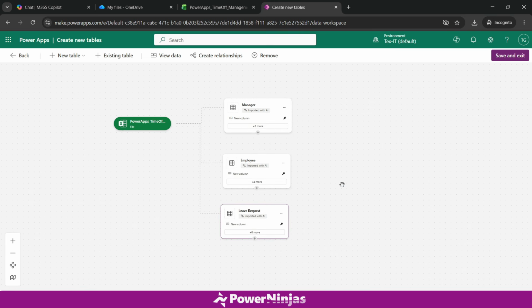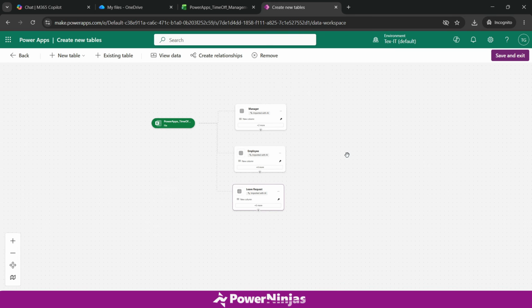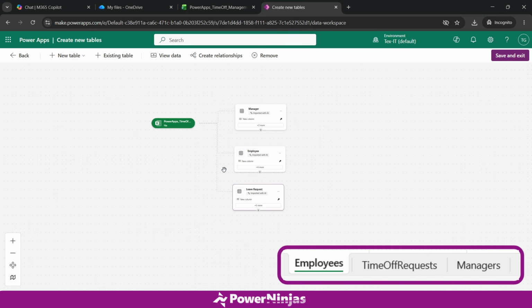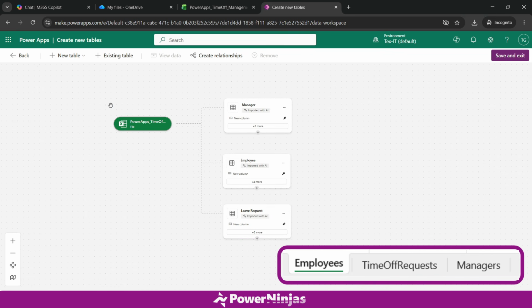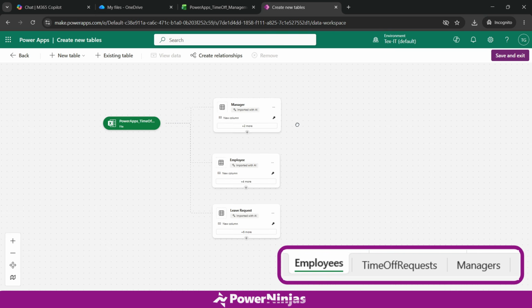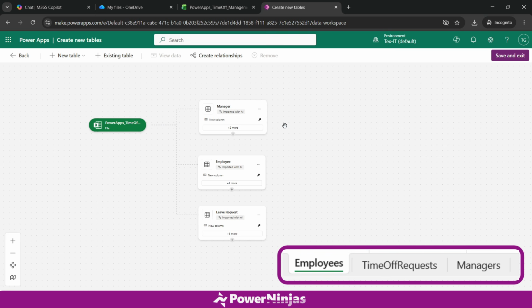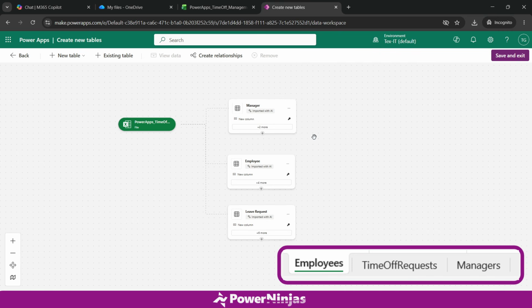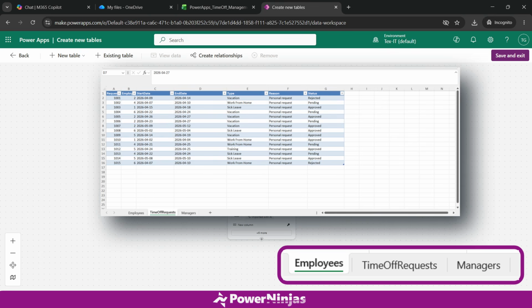And this is the screen you'll end up on. So what we're looking at here is basically the structure of our future application. On the left, we have the Excel file itself. And on the right, Power Apps has already started converting the Excel sheets into Dataverse tables. In our case, we now have separate tables for managers, employees, and leave requests. And this is actually pretty impressive, because with almost no effort, we already went from a spreadsheet to a structured